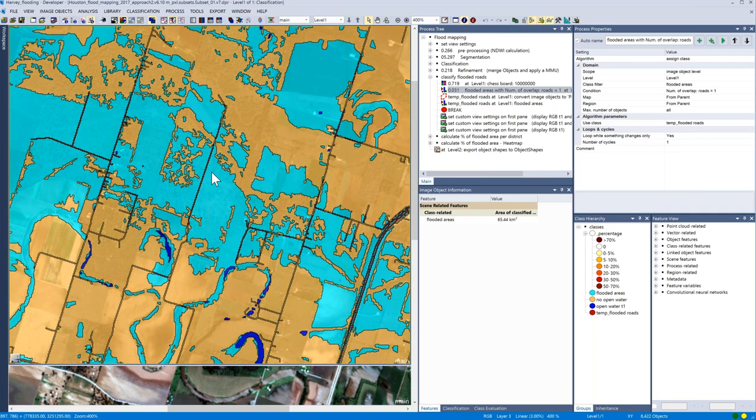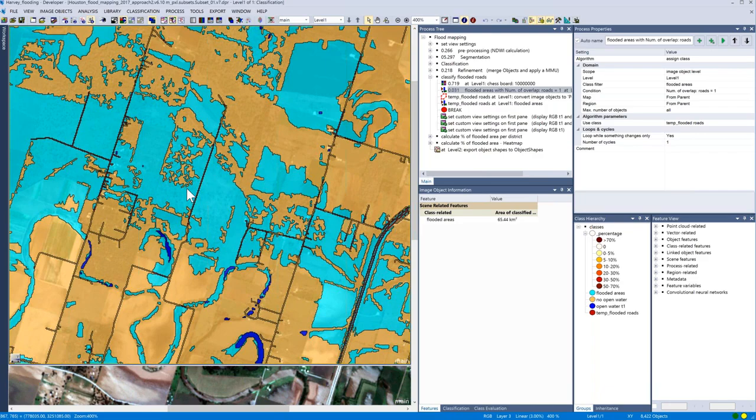I think one thing that we should point out when calculating something like an NDWI is that it only requires that the imagery being used has the bands required to calculate the NDWI. So it's the near infrared and the green.